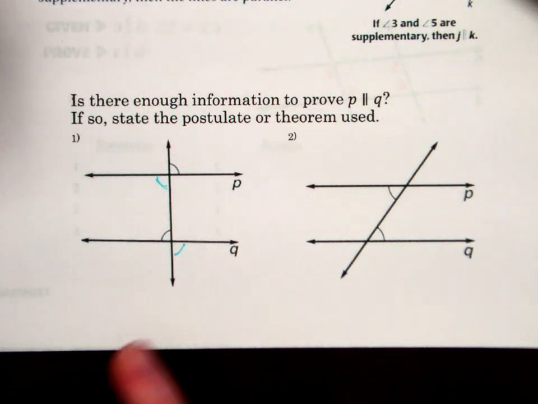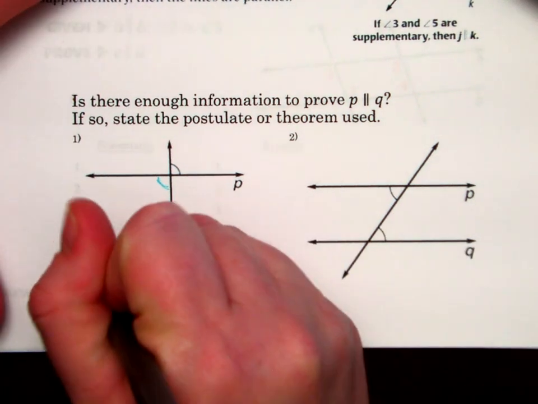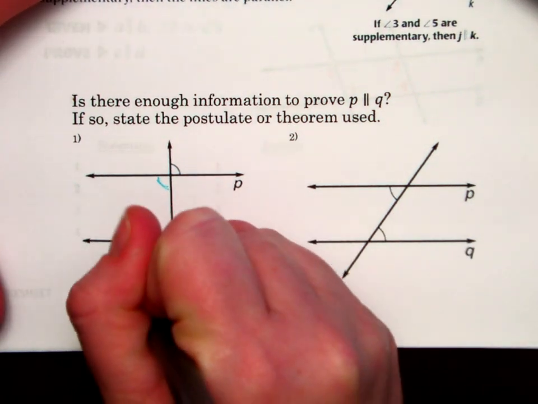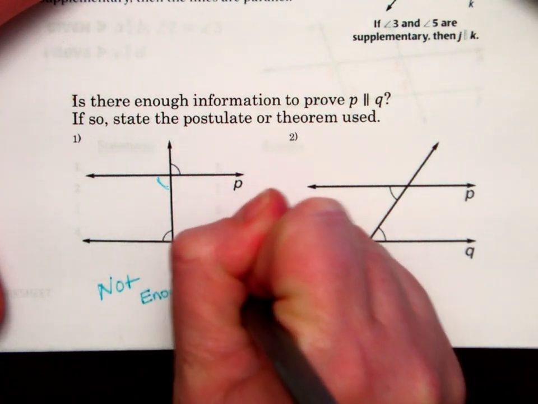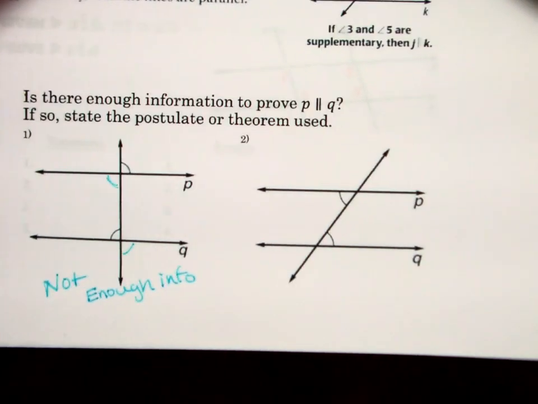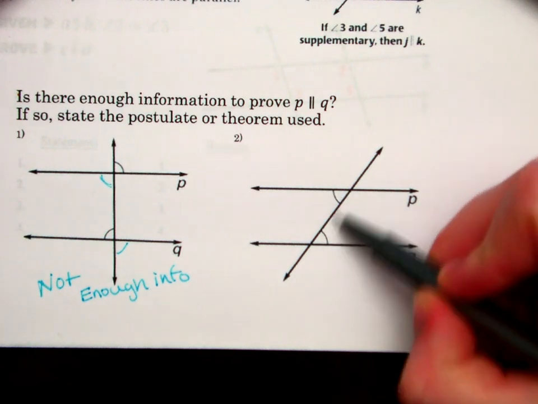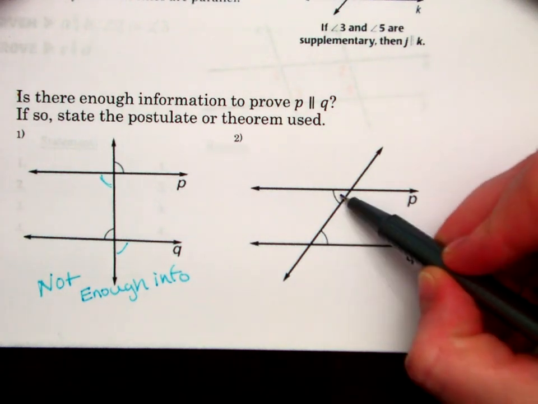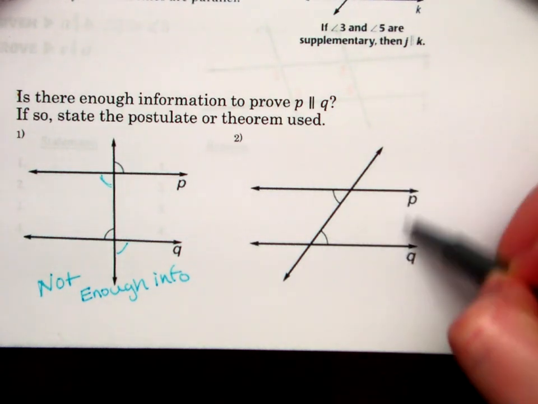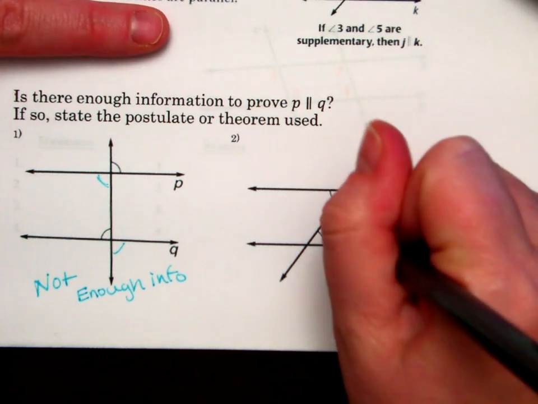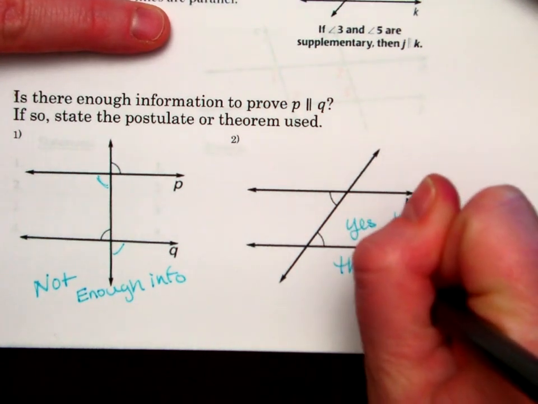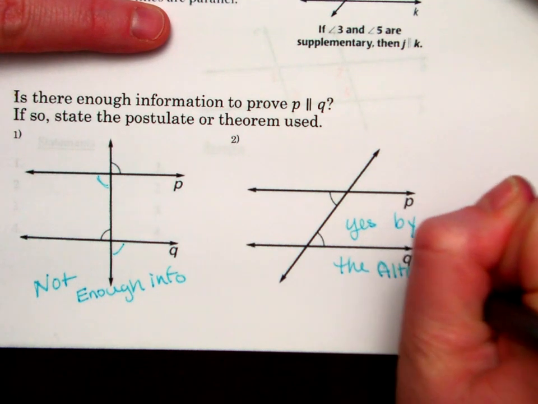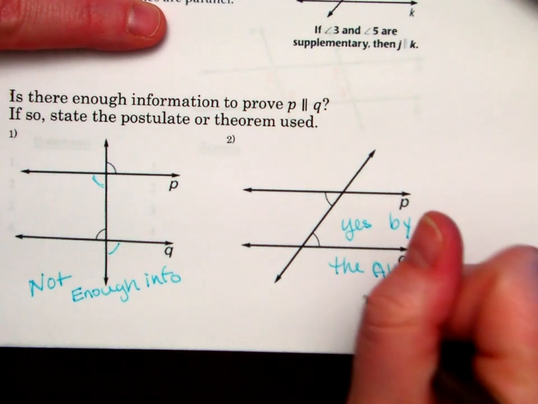Since we do not know they're 90 degrees, we can't assume that they're 90 to make it a true statement. So this is not enough information. This one here, these are alternate interior angles. They are marked congruent. So since these are alternate interior angles, with the transversal cutting P and Q, this is yes, by the alternate interior